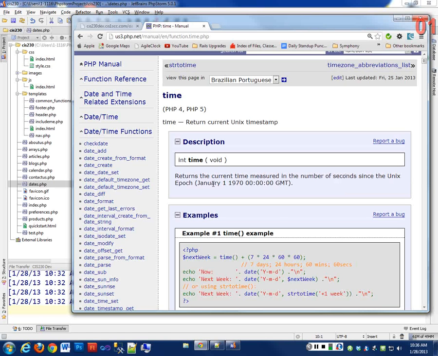And I've talked about that in other classes. That's midnight, January 1st, 1970. That's the New Year, midnight on January 1st, 1970. So they did that because they had to have a number of time they could count seconds from. And the problem with a lot of implementations is that